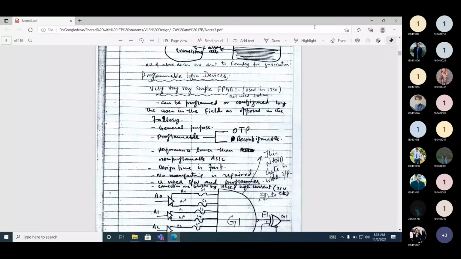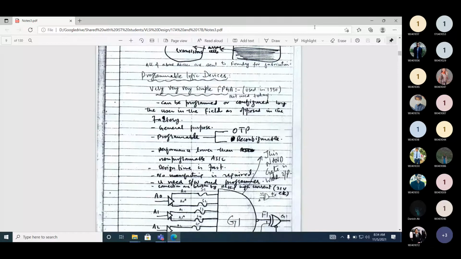So we will start with a very simple FPGA. What is an FPGA? FPGAs are the type of devices that are used in the field. This first FPGA, can you see that these FPGAs were used in the 1990s?